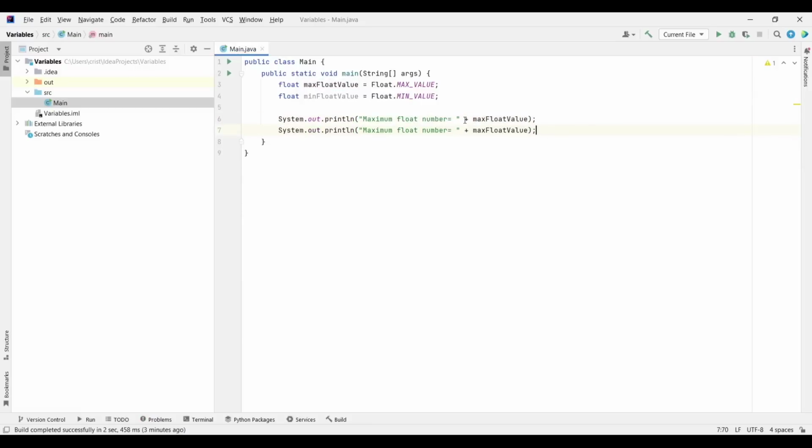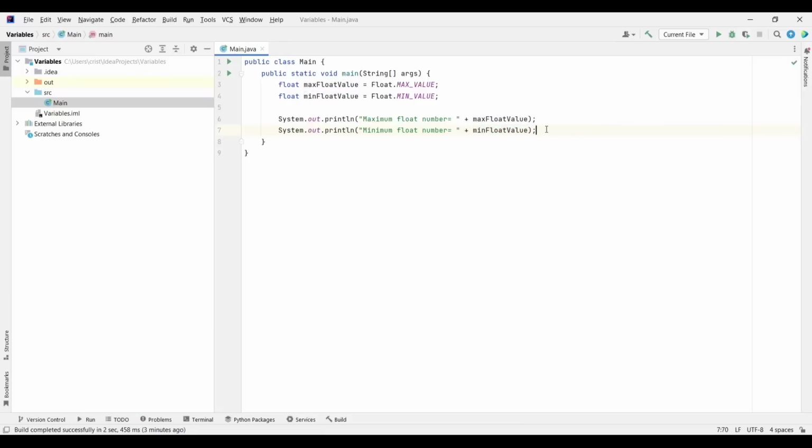Now I'm going to press Ctrl D, but now we need to be careful to call our variables correctly, not like in the previous example where I forgot. Let's type here minimum float number, and let's type here min.